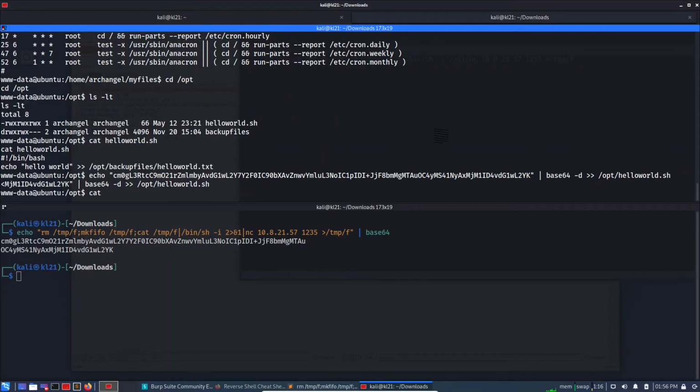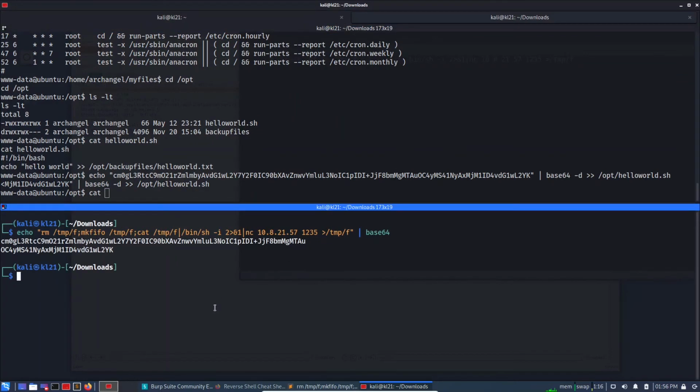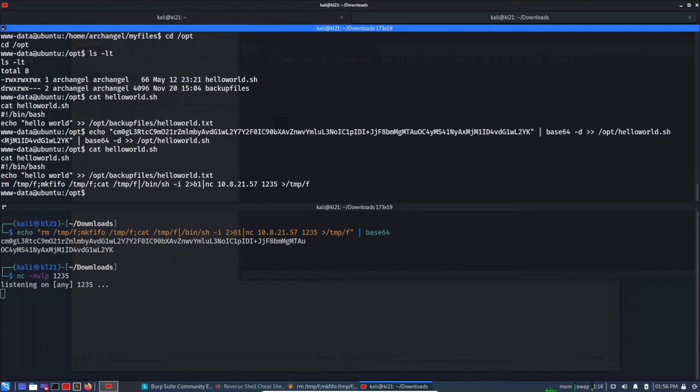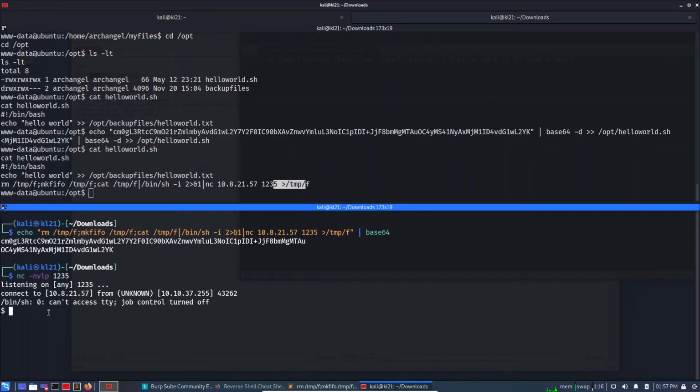Let's check the final content, and before checking, I'm initiating the shell at 1235, and the content is helloworld.sh. So this command looks fine, so we should probably get a shell now. Okay,